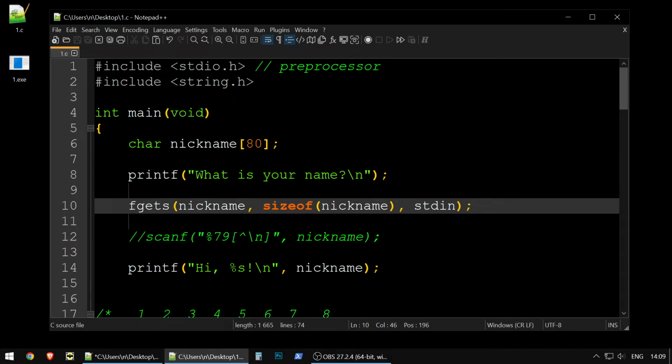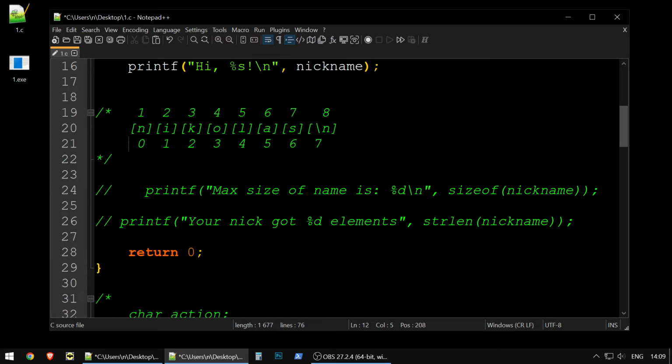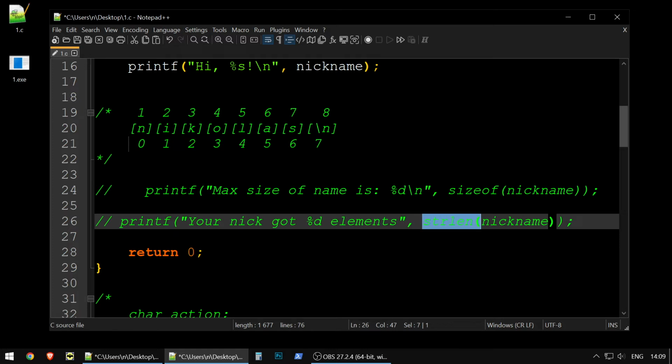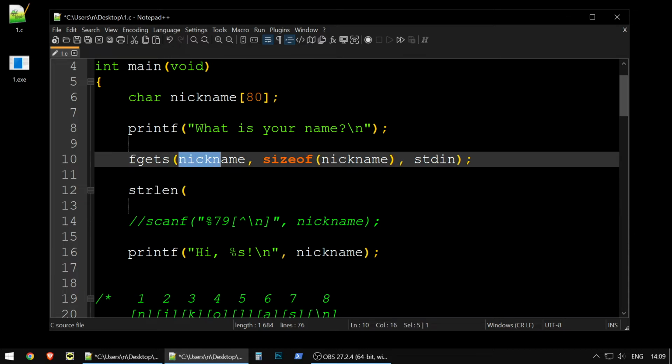So how to remove this \n? How to deal with it? Actually, it's quite easy, because we already have our strlen function. So let's do it together. It's not hard. So after we have this standard input, after we put everything with fgets into nickname,